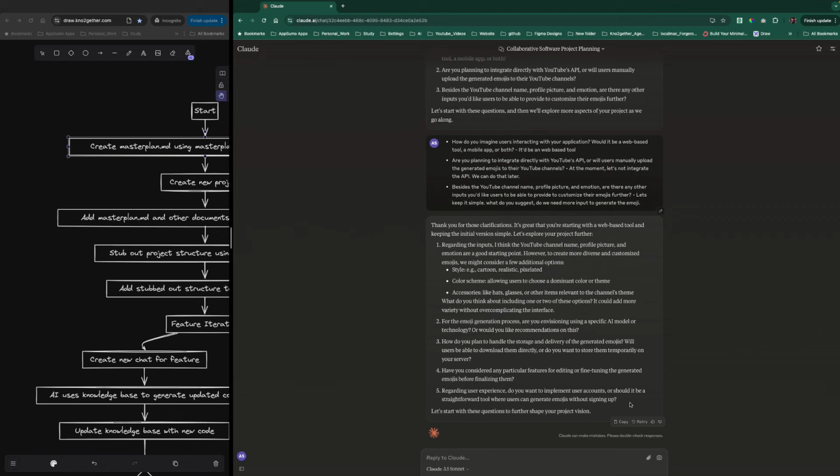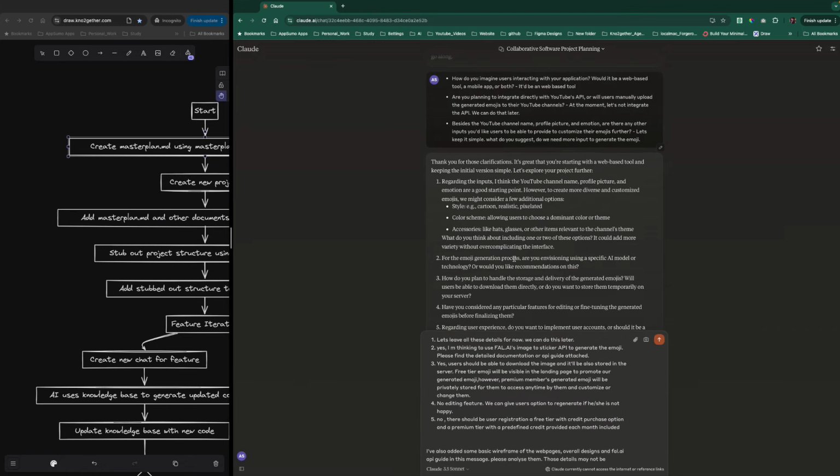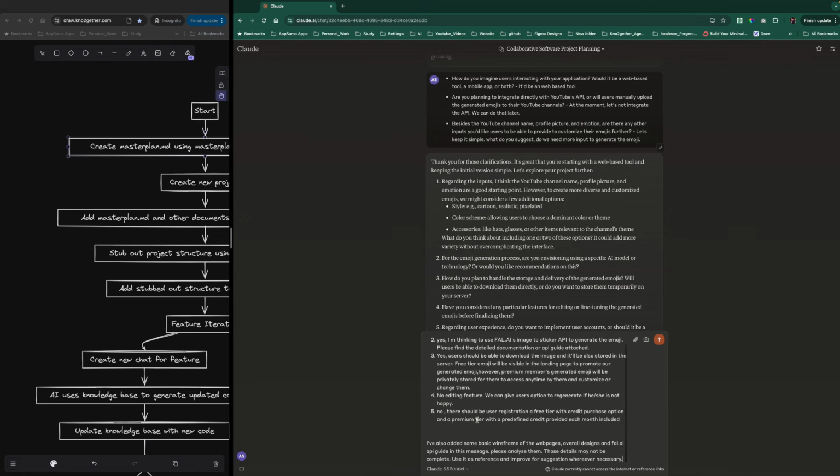Now it has asked me 5 more questions. At this stage, I'm giving out all the details again because it is asking whether there should be any more input that we should take from the user. I said let's keep it simple for now. The second question is asking what AI model to use. I'm just saying let's use the Fal.ai model. I'll talk about Fal.ai later in the video. And then it's asking,